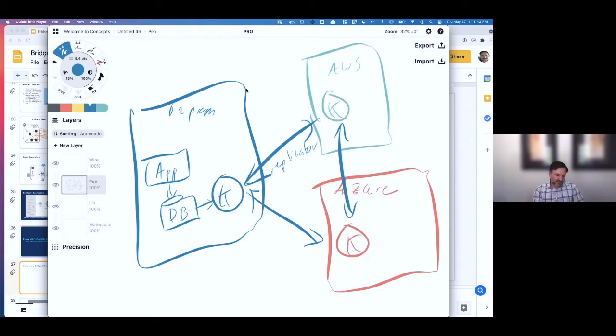So let's take an example. Let's say we have an app in AWS that sends a message to Kafka, right? As soon as it does that, that message is going to come over here, be persisted on-prem, and be replicated again over in Azure. So if you have an Azure app,